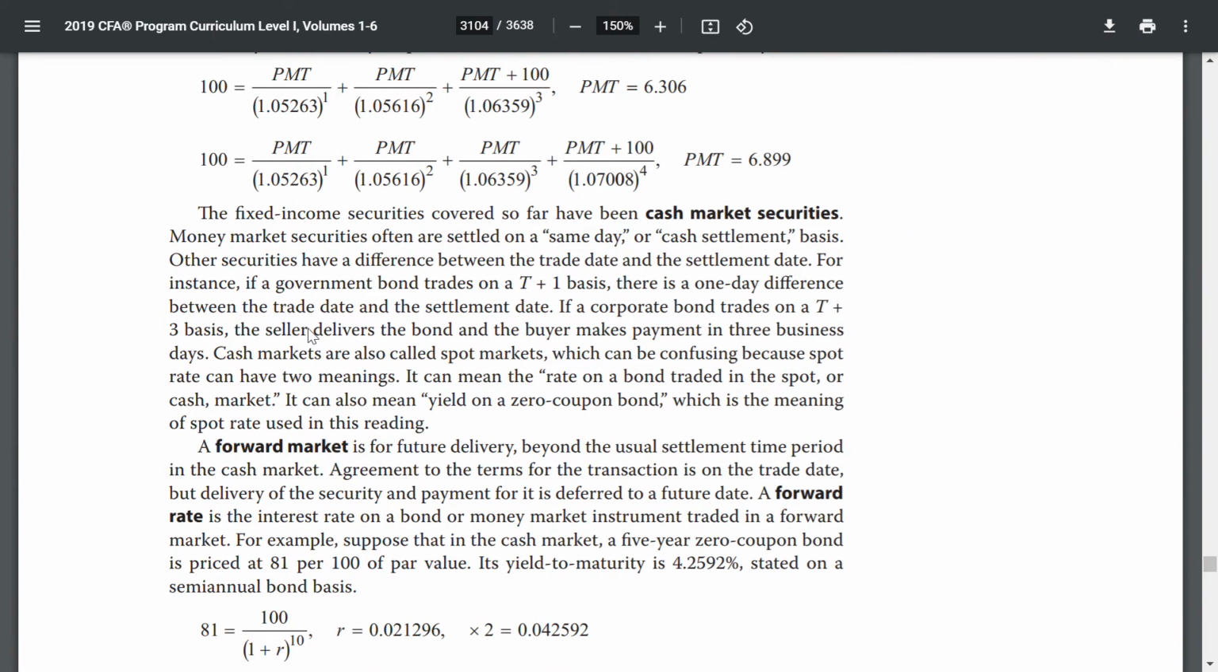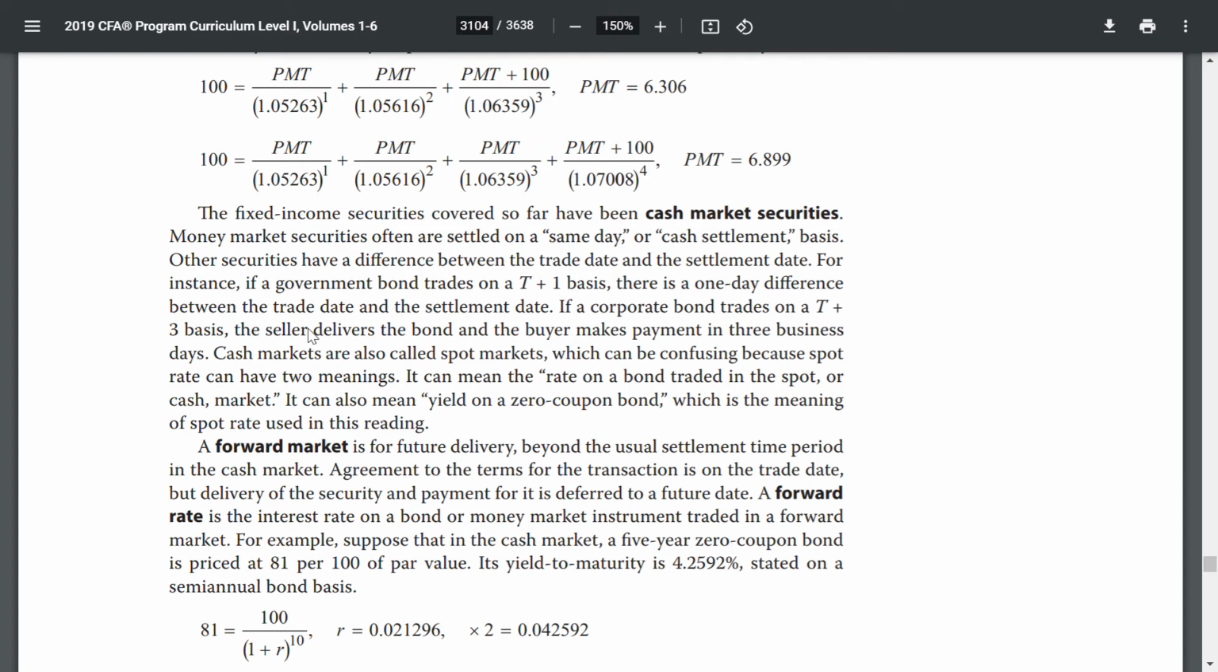Fixed income securities covered so far have been cash market securities. Money market securities are often settled on the same day, or cash settlement basis. Other securities have differences between the trade dates and the settlement dates. For instance, a government bond trades on a T+1 basis. There is a 1 day difference between the trade date and the settlement date. If a corporate bond trades on a T+3 basis, the seller delivers the bond and the buyer makes payment in 3 business days. Cash markets are also called spot markets, which can be confusing because